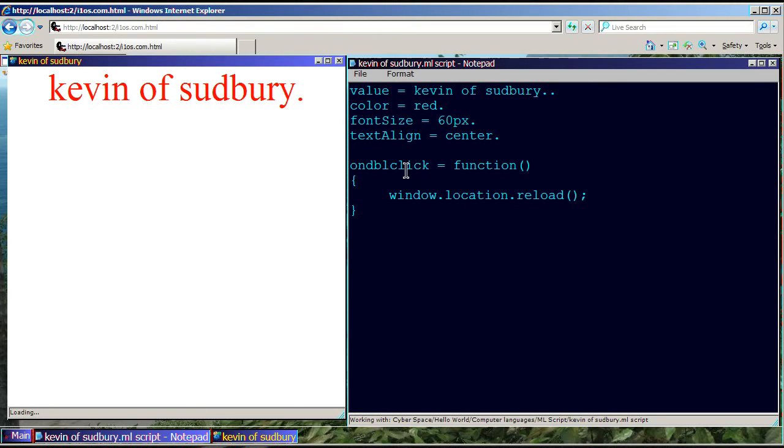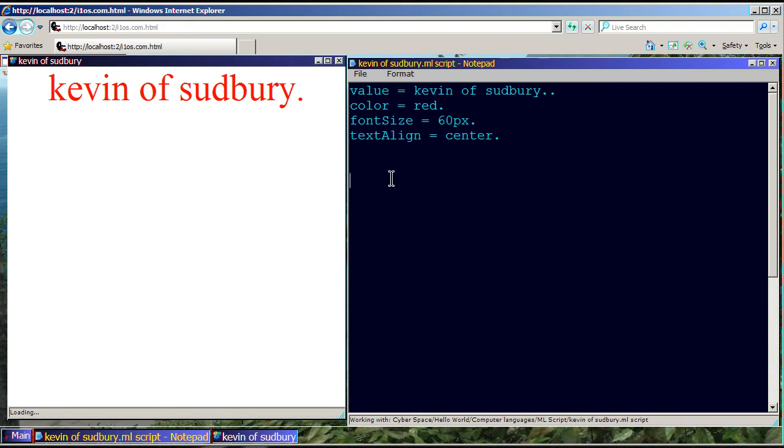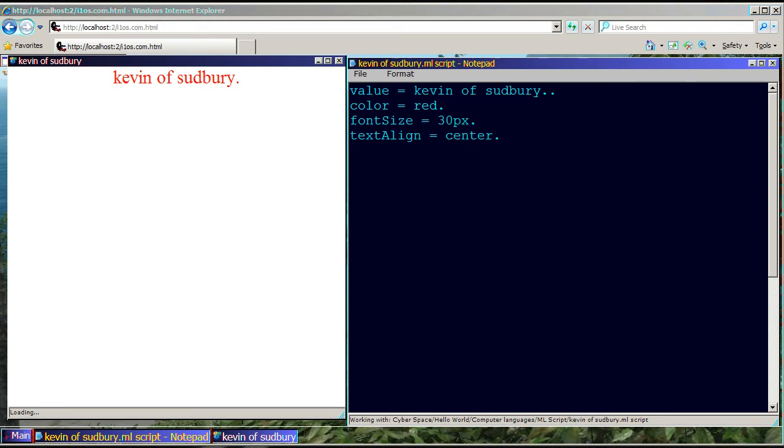So now, this is a little bit advanced, but it's just to save you from right clicking all the time. If you want, I can just hide that for you, so you don't really have to get there yet. But now you can just double click on that and it'll reload it. So now you can type your stuff, hit F2 to save it, then double click. Like, say you wanted to make that a little smaller. I'll go 30 and then I'll double click. See, it's a little faster now. Okay. Let's see what